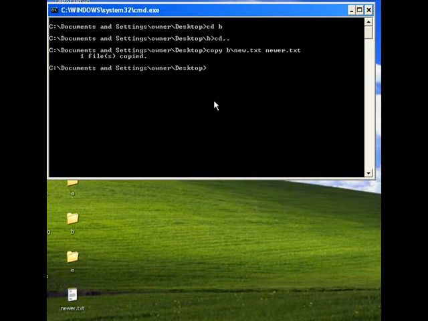We have a file on our desktop that we'd like to rename. Let's type ren newer.txt, and we'll now call it fred.txt. And you can see at the bottom of the recording, newer's gone and Fred exists. So now we have Fred on our desktop,